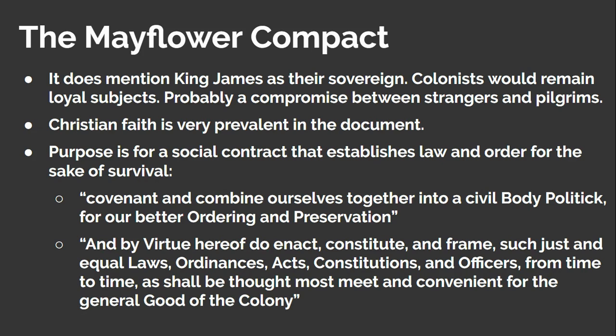Next, the Christian faith is very prevalent in the document, as the grace and presence of God is mentioned. The purpose of the Mayflower Compact is for a social contract that establishes law and order for the sake of survival. A few key quotes include, "Covenant and combine ourselves together into a civil body politic for our better ordering